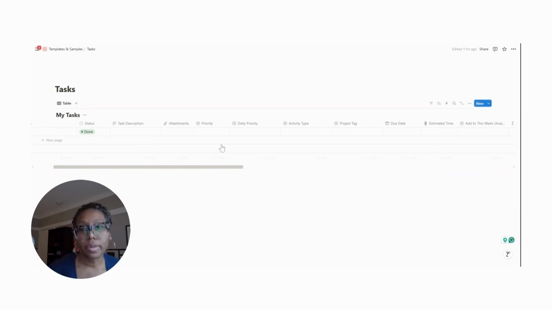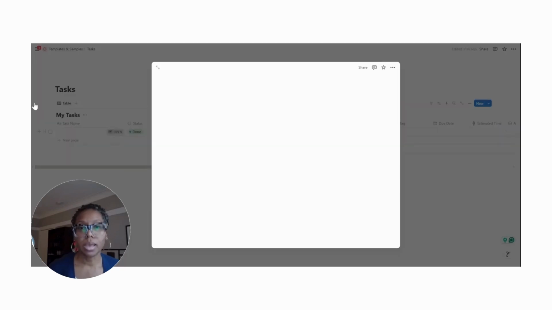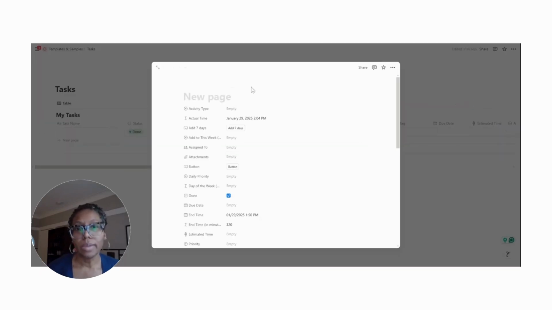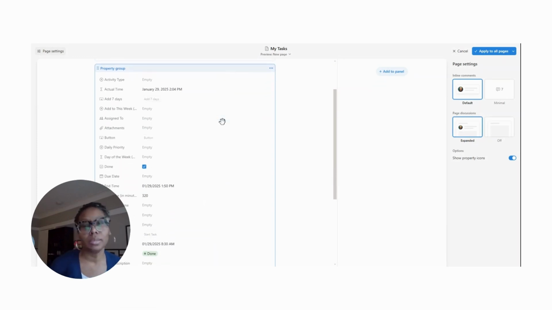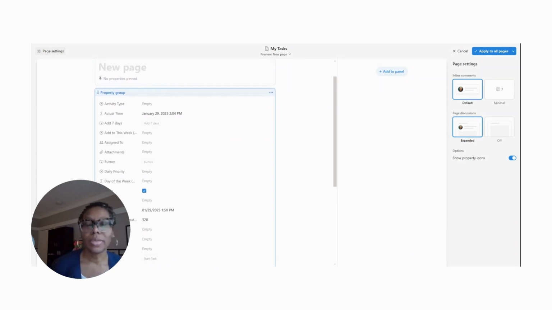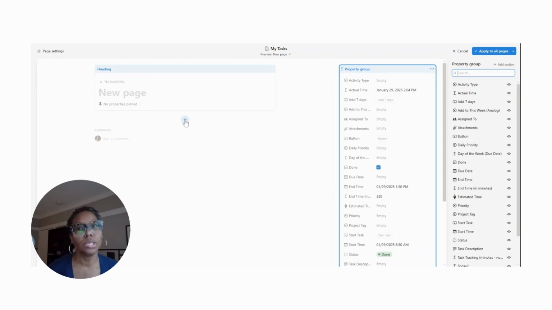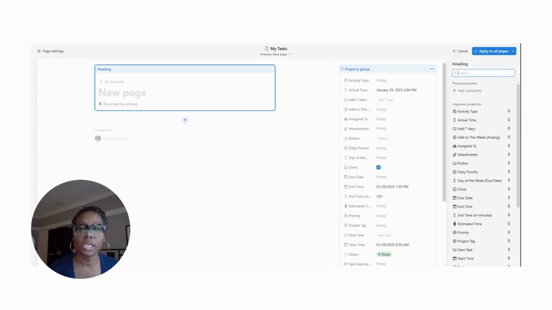So now that I've completed building out the database, there are a couple of things I want to do. I want to change the layout of my page. And so at the time of this recording, this was a relatively new feature. I mean, it's been in play for some months that Notion had released. And so absolutely love it. So I'm changing the layout of the